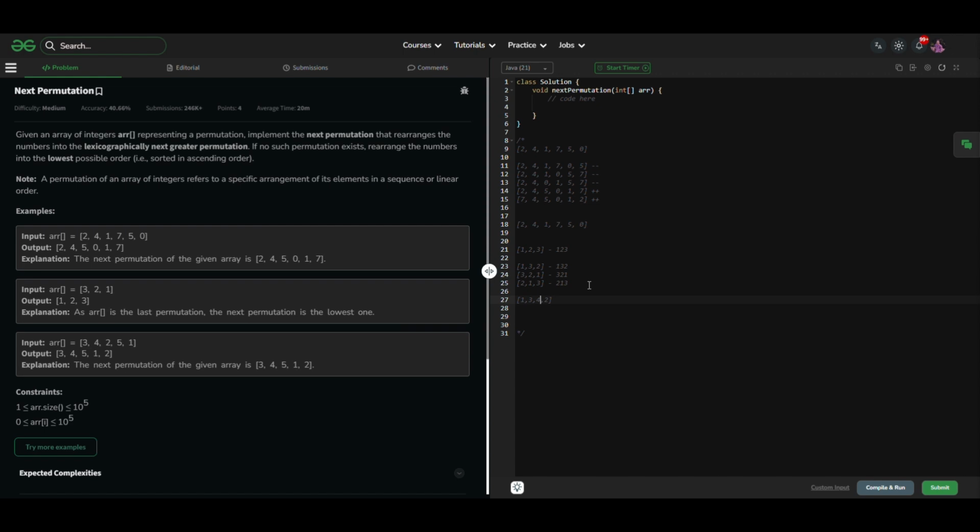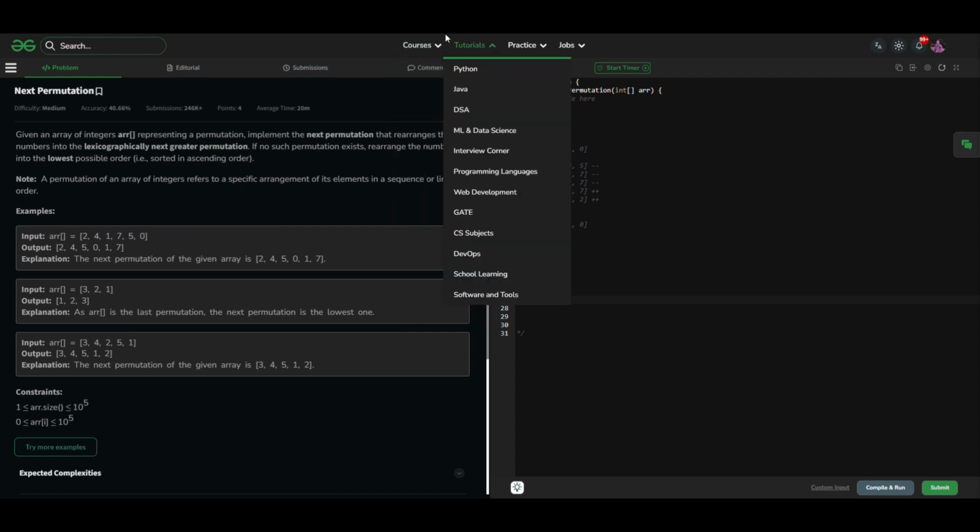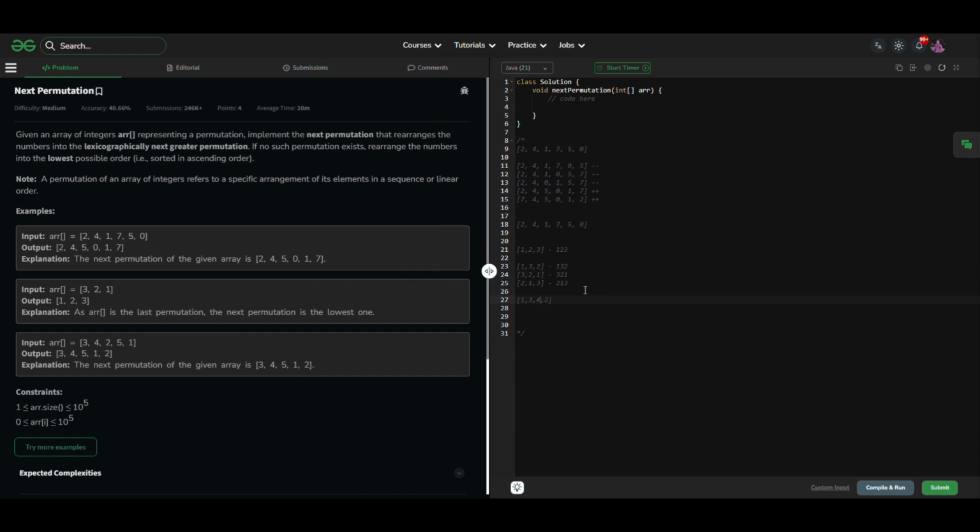Let's have a number, so let's change this to 7 3 4 and here 1. Okay, if we go from the right, here 1 and 4, if we check 4 and 1, 4 is